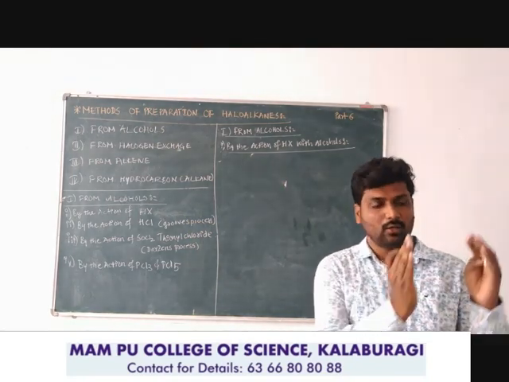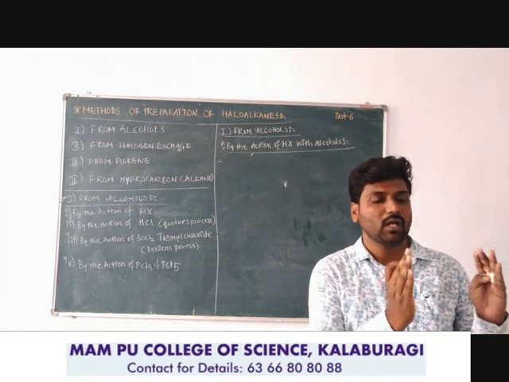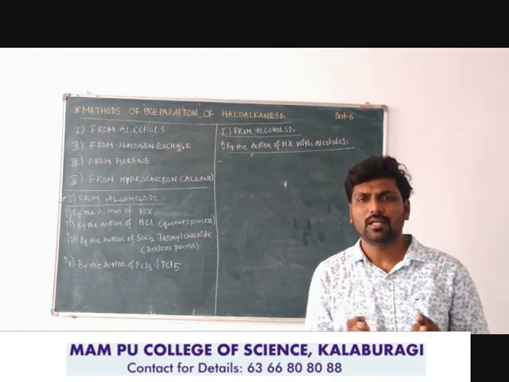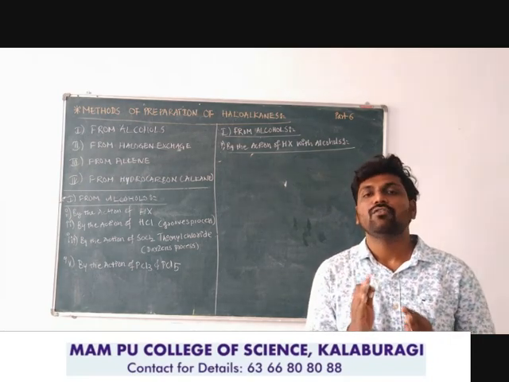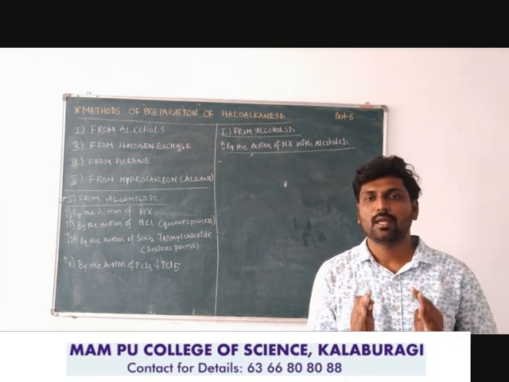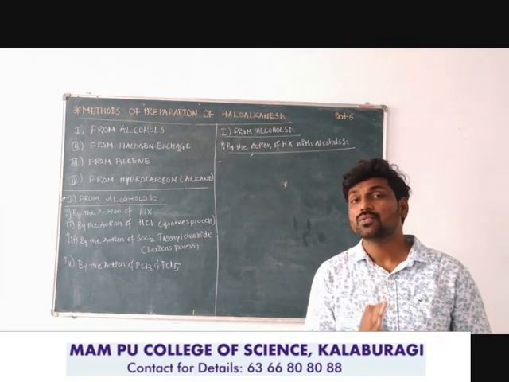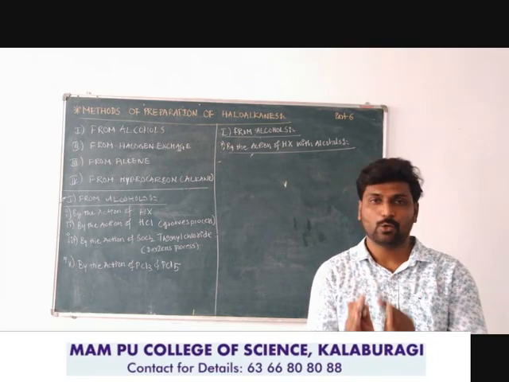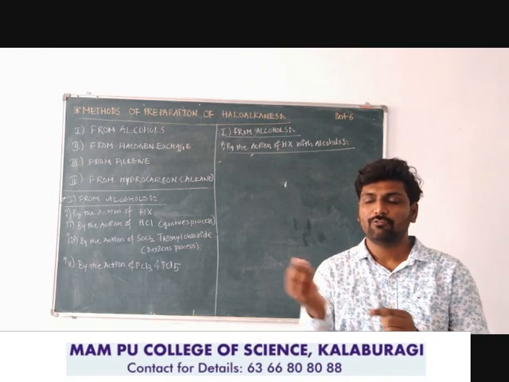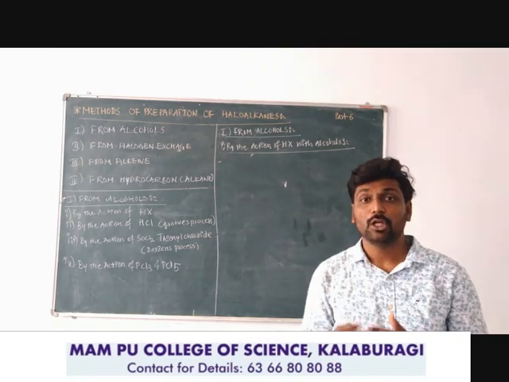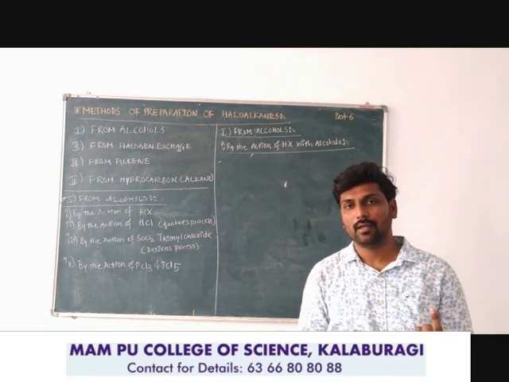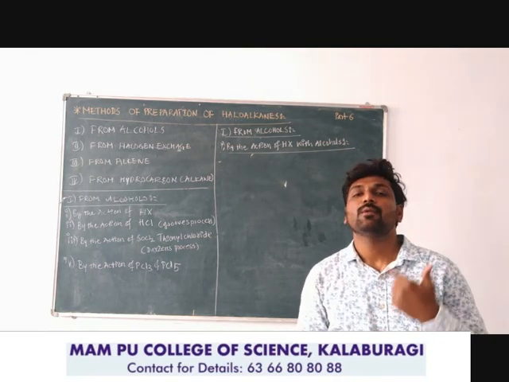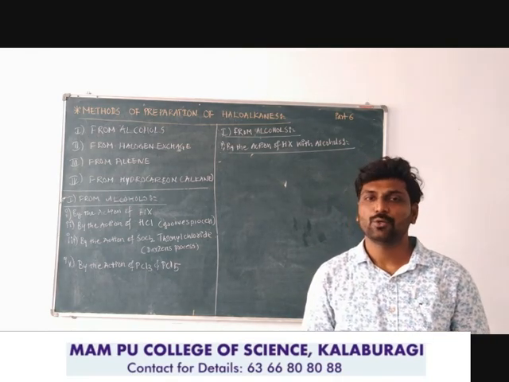It is like in the kitchen, you take different ingredients for the preparation of a particular dish. Similarly, we are preparing a haloalkane in the laboratory by using the starting material alcohol. In that alcohol, we are adding different chemicals to get different types of haloalkanes. It may be chloroalkane, bromoalkane, fluoroalkane, or iodoalkane.